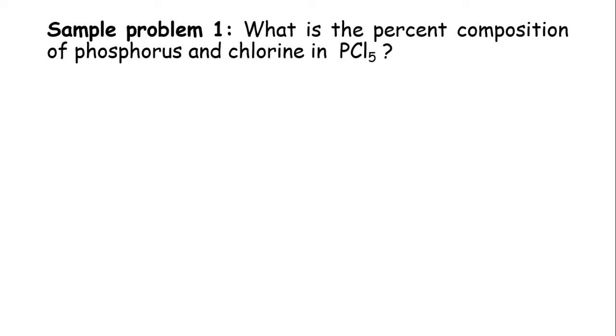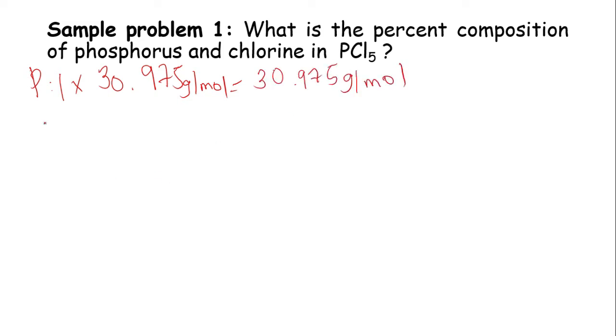Okay, so number one. What is the percent composition of phosphorus and chlorine in PCl5? The first step is to find the molar mass of all the elements in the compound in grams per mole. So for phosphorus, we have 1 times 30.975 grams per mole. You can get this from the periodic table. So we will have 30.975 grams per mole. For chlorine, we have 5 times 35.435 grams per mole. We will get